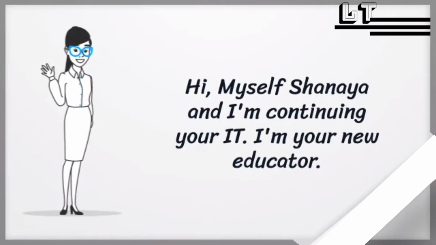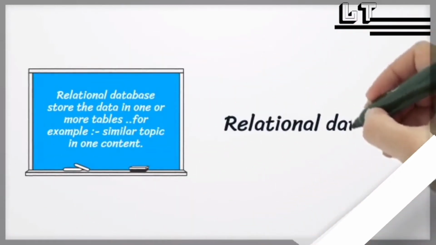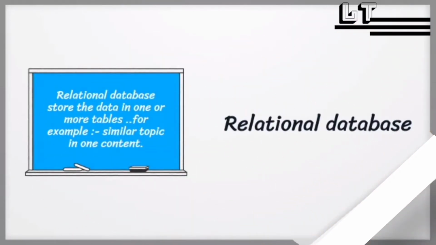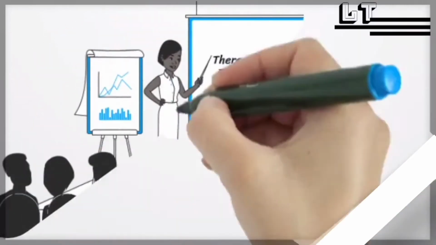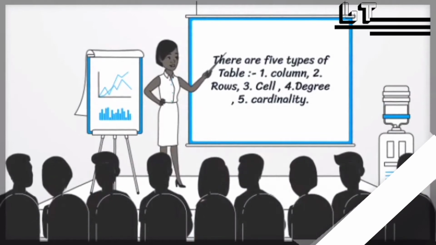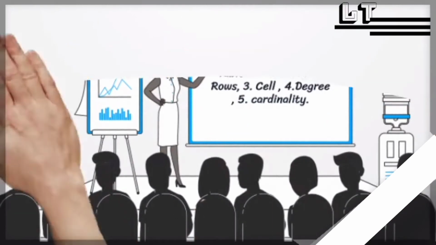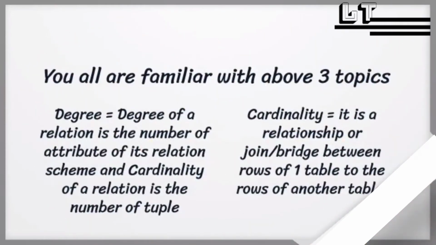I'm your new educator. A relational database stores the data in one or more tables, for example similar topics in one content. There are 5 types of table: 1. Column, 2. Rows, 3. Cell, 4. Degree, 5. Cardinality. You are all familiar with the above 3 topics: row, column and cell, but what about degree and